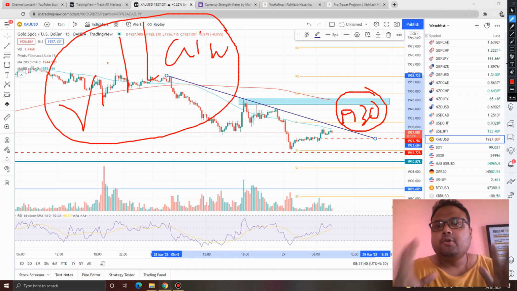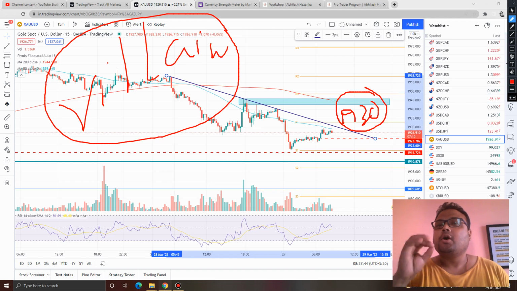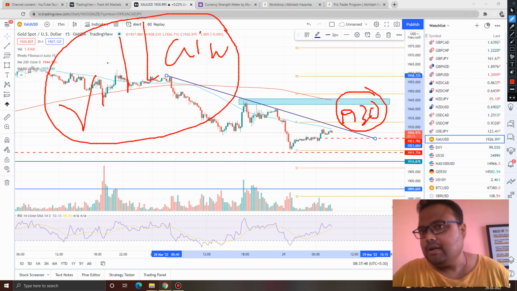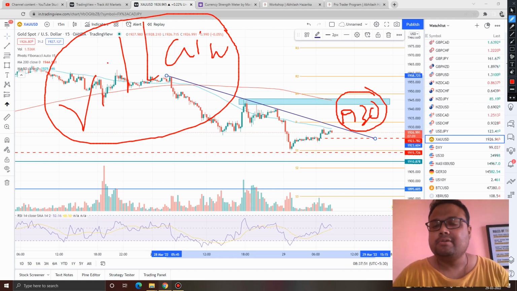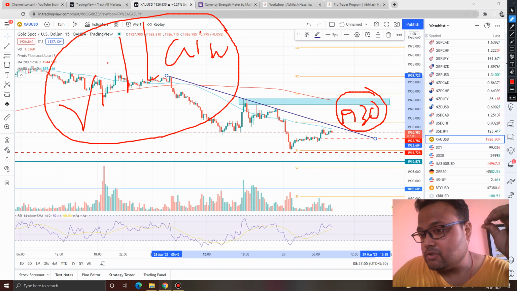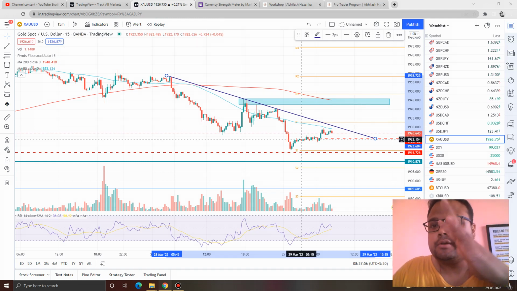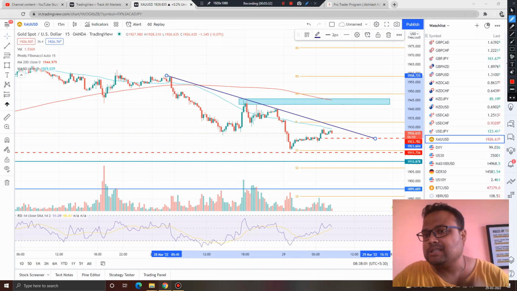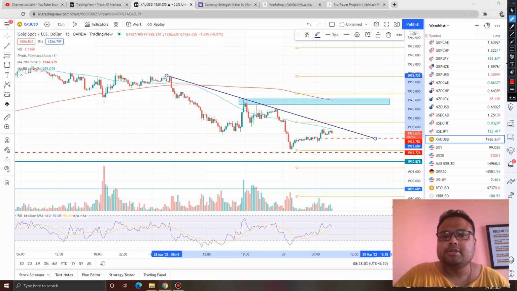If you're a beginner, new trader, and in this current volatile market situation, it is better to trade on strong levels only. So if you are planning to trade on trend line, that's your personal choice, personal risk. But I'll suggest not to trade on the basis of this trend line, because we cannot trust it. But if gold goes up from here, अगर यहाँ से ऊपर जाता है, you can expect selling pressure around